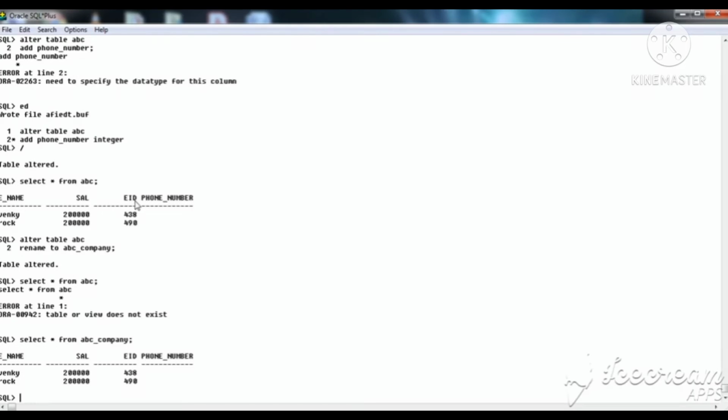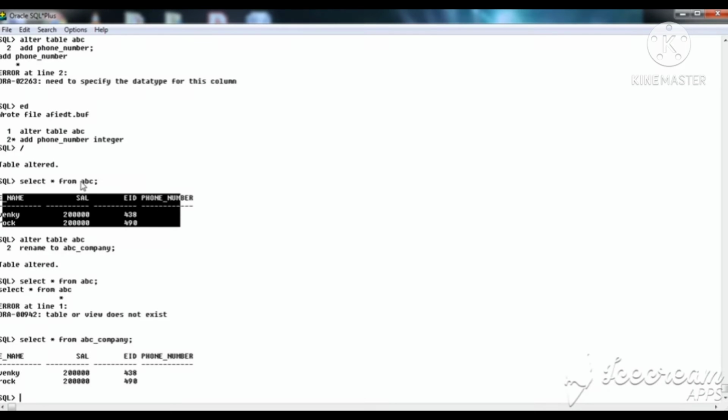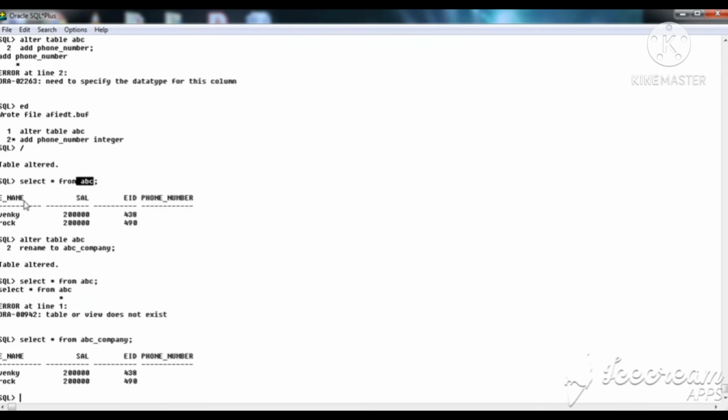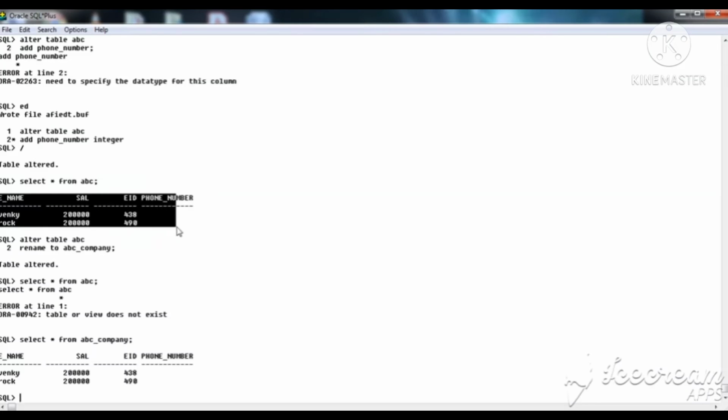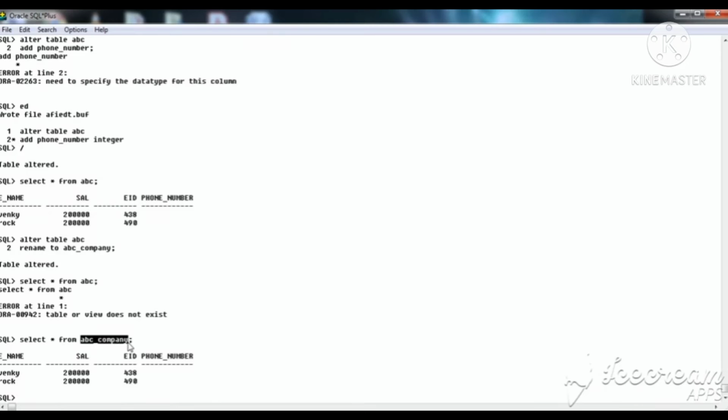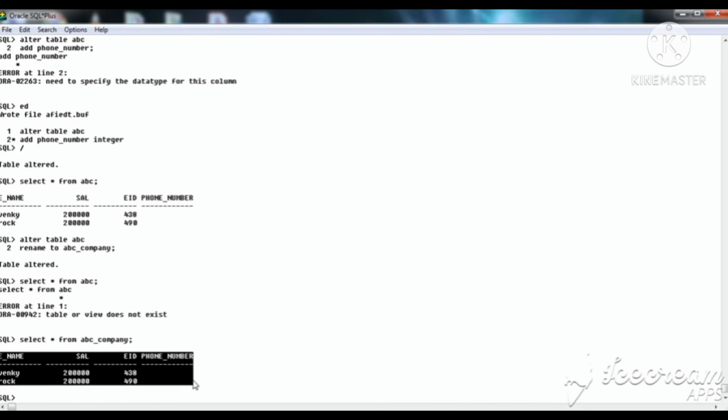You see, this is the ABC table. These are the fields and columns available in the table. Same data, just the name changes from ABC to ABC underscore company, but the fields and data do not change.